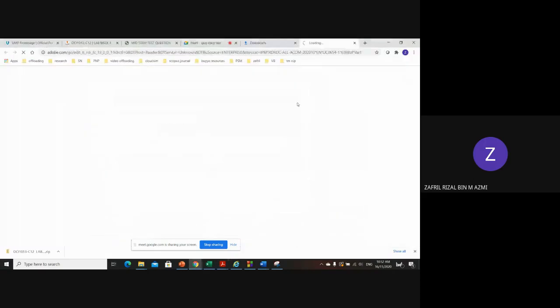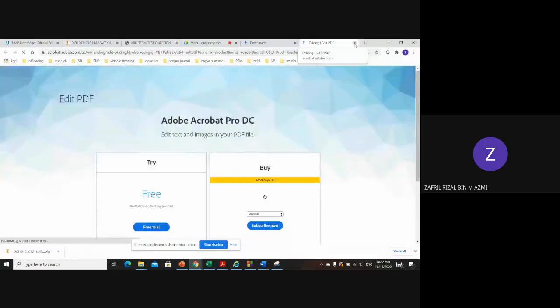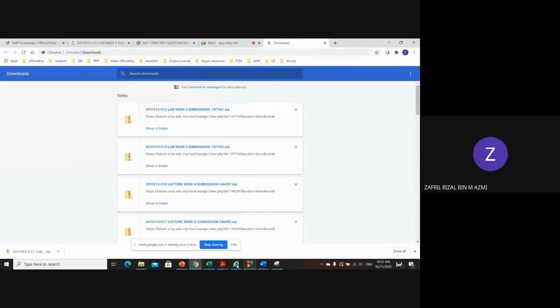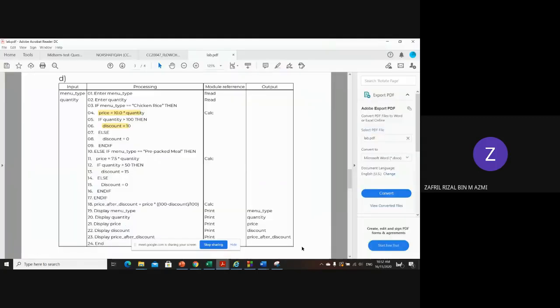Can this one? Cannot. Free version cannot. So let's say this is the equation, right. The equation is price equal to 10 ringgit multiplied by quantity minus the discount, for example, or price equal to 10 ringgit